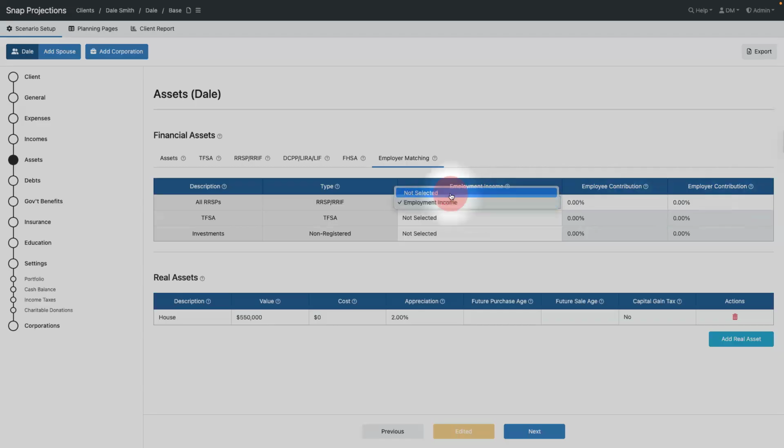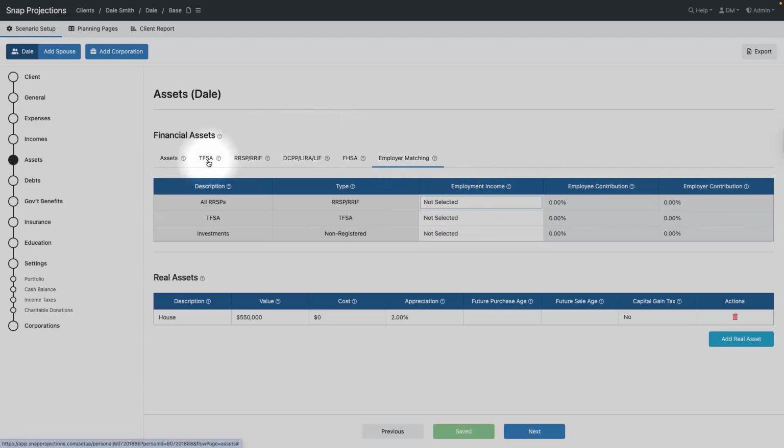Now I'll leave that unchecked. Another question is, how do I maximize my TFSA contributions? There's a couple different methods. There's a manual method, which I'll show you in a little bit. But going back over to our TFSA subheader here,